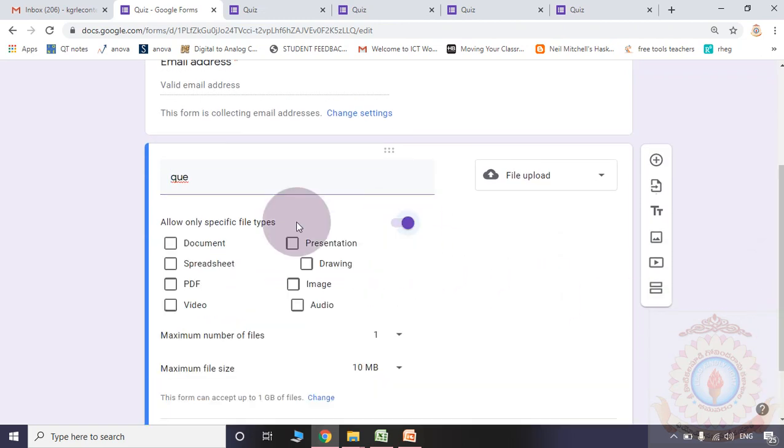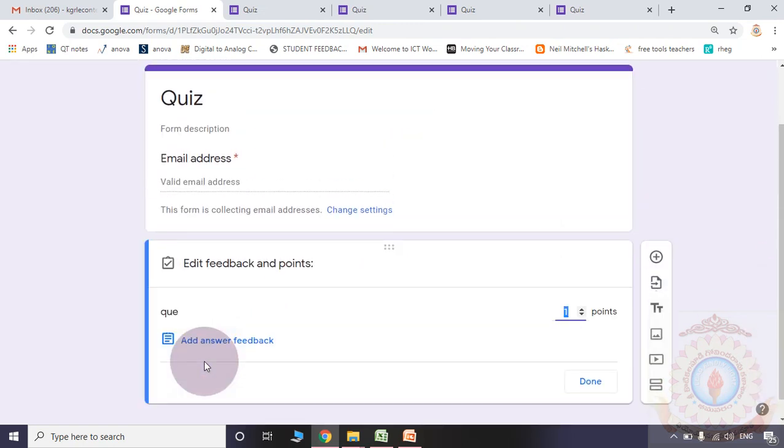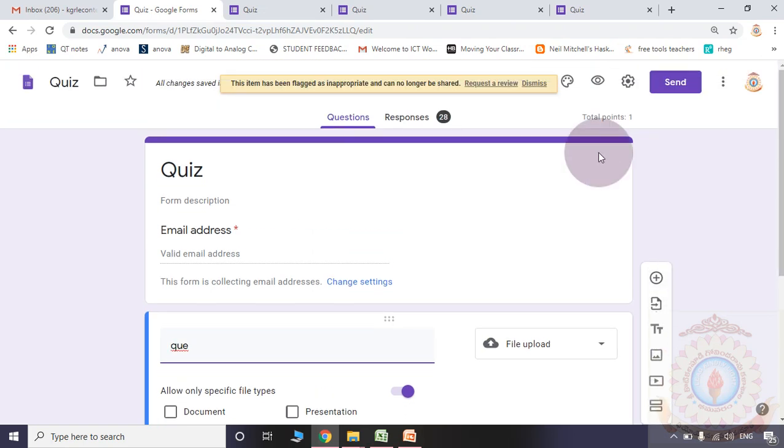Here also you can control the type of the document, the number of files, and the size of the file, everything. Whenever they are adding an answer, you may give some points. Suppose the student is supposed to write the answer on paper and upload it after scanning; how many points they obtained from this process, you may observe in this place. You may assign some points. After uploading, they will get the same number of points. Let us see the preview.